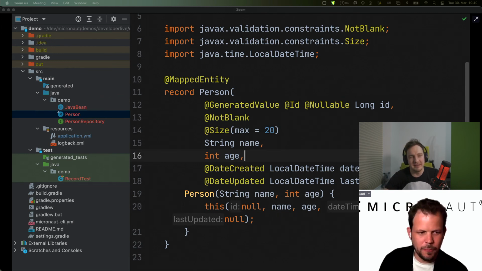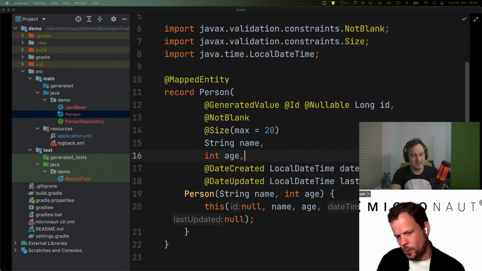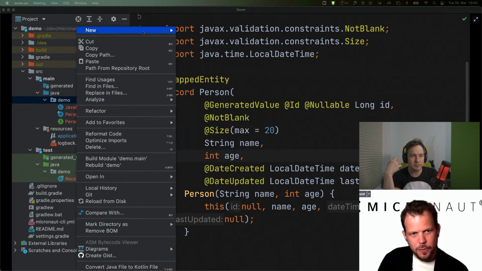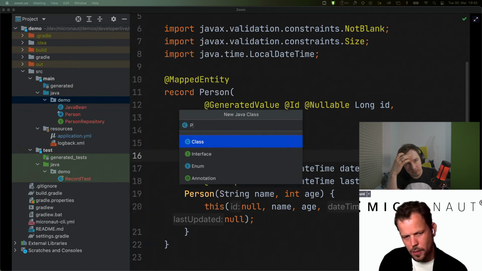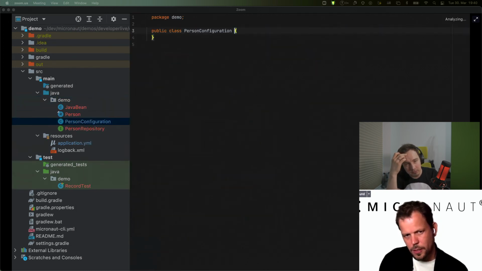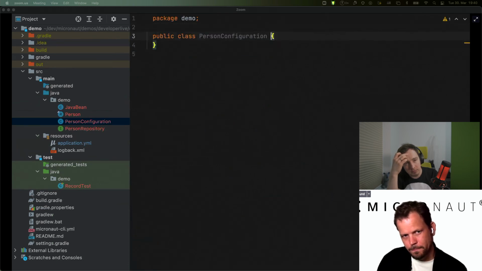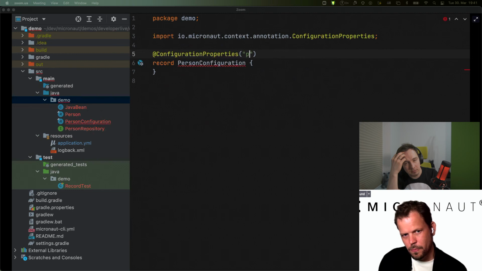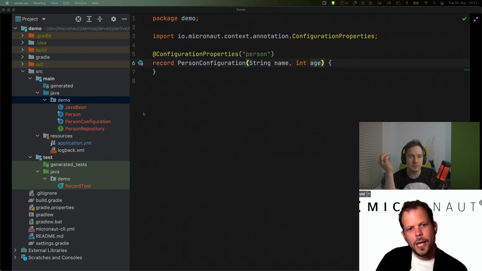Yeah, well, I think that in general, where records are used is going to be an exploratory activity. Micronaut supports records in a number of different places right now, and one of them, for example, is in configuration classes. So you can do things like a record with @ConfigurationProperties person, and have things like this, and then